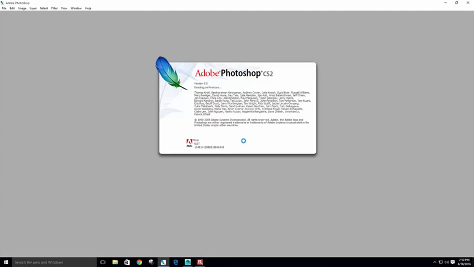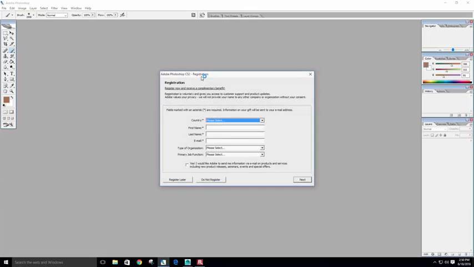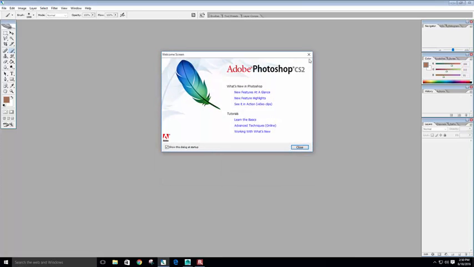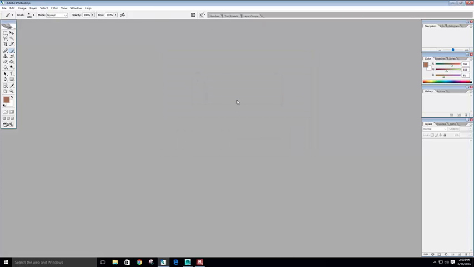I'm going to open Photoshop. Now, if you don't have Photoshop, I highly recommend getting it. You don't necessarily have to pay for it to get it legally. Photoshop CS2 does 90% of the things that you're going to need Photoshop to do, and it's legally free from Adobe. Now, granted, you're not going to have all the newer and fancier stuff that CS6 comes with, but this is something you could practice with and then work your way up from there. So right now, I'm using Adobe Photoshop CS2, and it's done everything I needed to do so far,